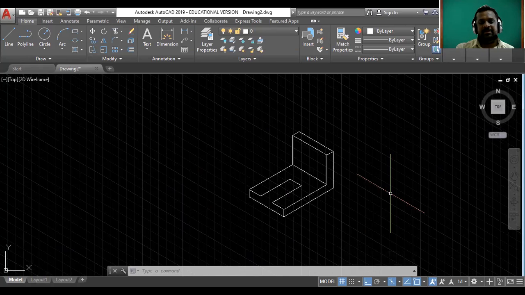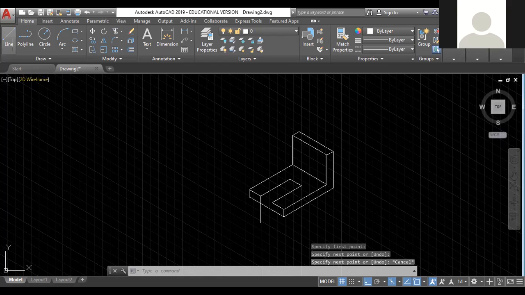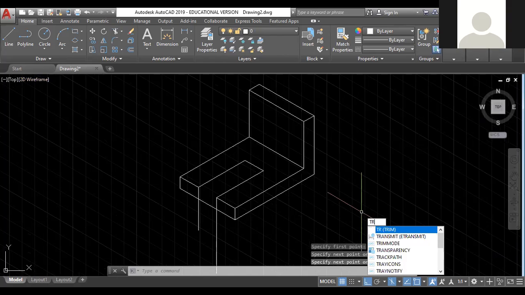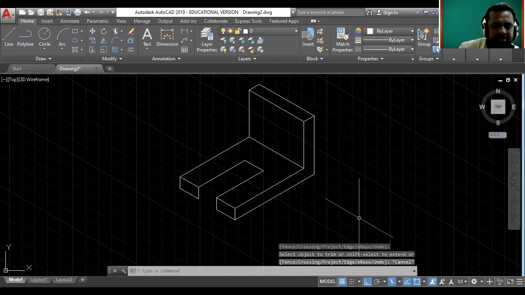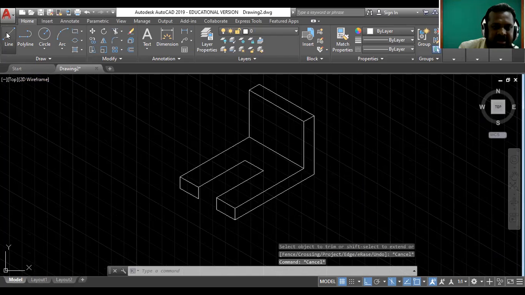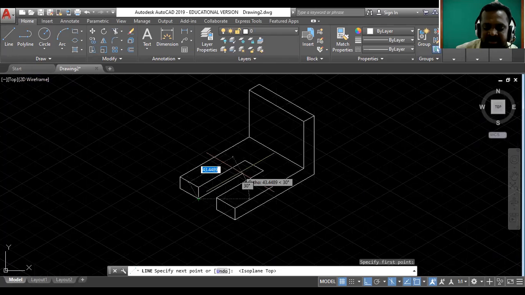Then which part is remaining? Yes, the 8 distance vertical line. Okay, it is correct. Then tell me, then horizontal 46. Means take the line, and from this point, it is correct. Again, it is not changing the plane, there is the F5. Don't take the dimension. Randomly you can draw.